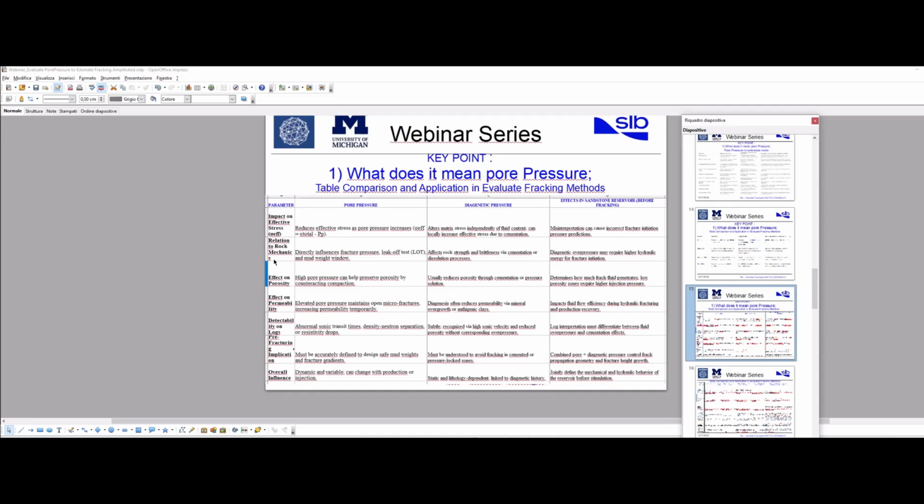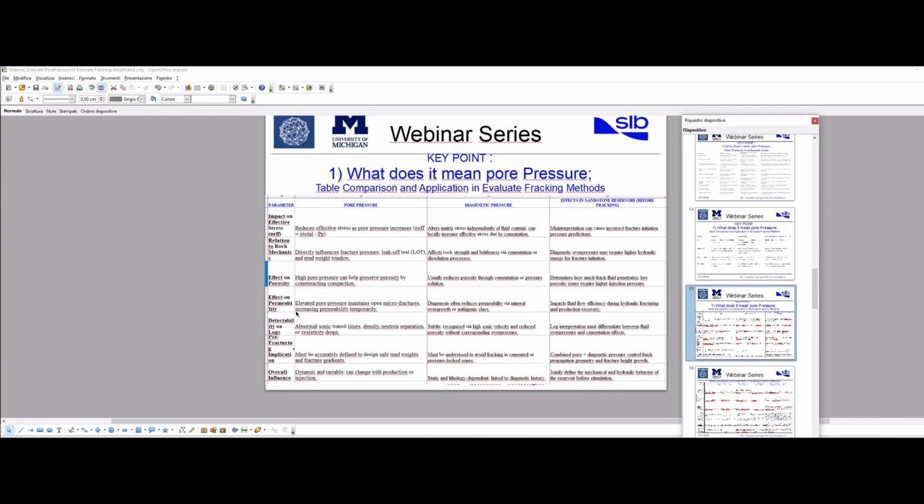The relation to rock mechanics is directly influenced by fracture pressure, leak-off test, and the diagenetic overpressure may require high hydraulic energy for fracture initiation. Another parameter is the effect on permeability. Elevated pore pressure maintains open microfractures and increases permeability temporarily, but the permeability